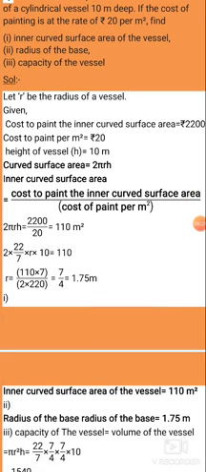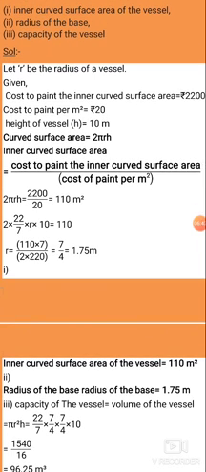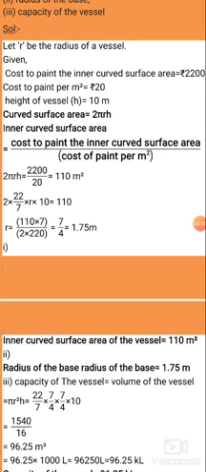Now the third question. The capacity of the vessel. So the capacity of the vessel is equal to pi r square h. Pi is 22 by 7, into radius 7 by 4, into 7 by 4, into 10, the height. Now 7 and 7 are cancelled. Then 22 and 4 you can cancel using 2. So at last what we get? 1540 divided by 16. When you divide it, 96.25 meter cube is the answer, which is the